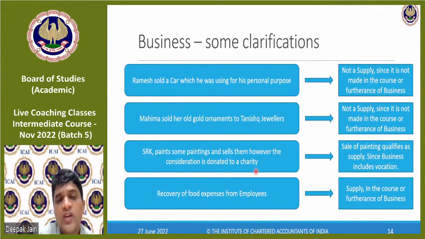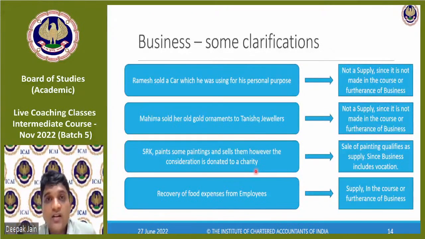ठीक है, लेकिन वो क्या कर रहा है, वो लेके चैरिटी को दे रहा है, फिर टैक्स क्यों भरे? पहले तो पैसे लेगा फिर चैरिटी को देगा. अगर चैरिटी ही बेच रहा है तो बात अलग है, लेकिन शाहरुख खान यहाँ पे अपनी हिसाब से वो बेच रहा है और फिर वो अमाउंट को चैरिटी में दे रहा है, तो वो सप्लाई होके जीएसटी लायबिलिटी आ जाएगा. Of course, there are two views. I'm saying the most conservative view ये रहेगा.